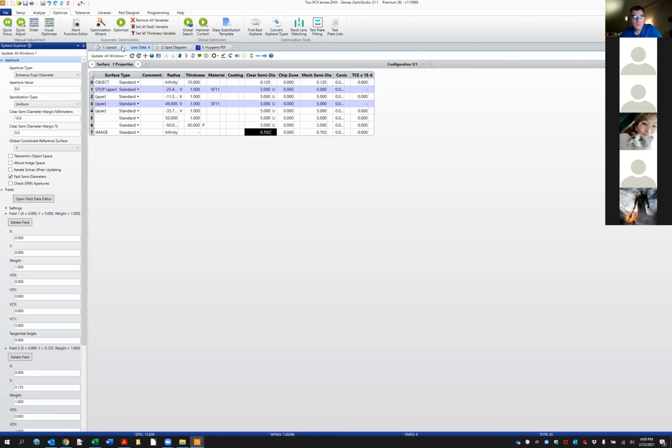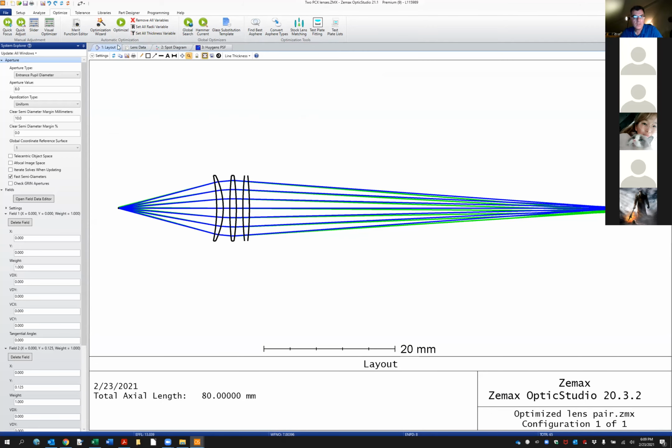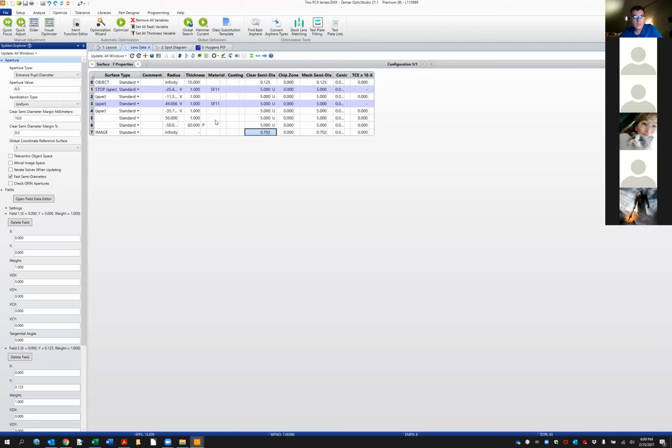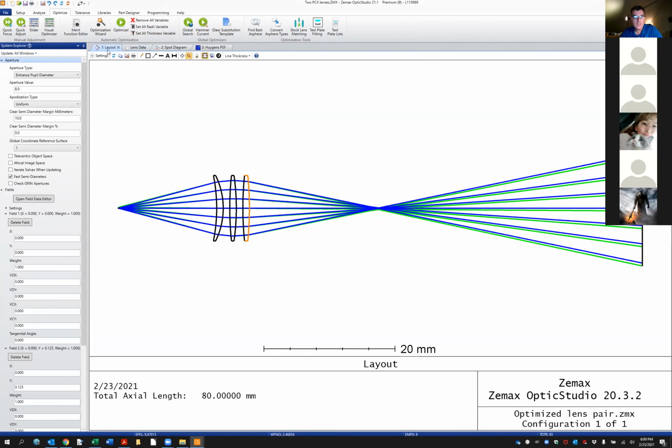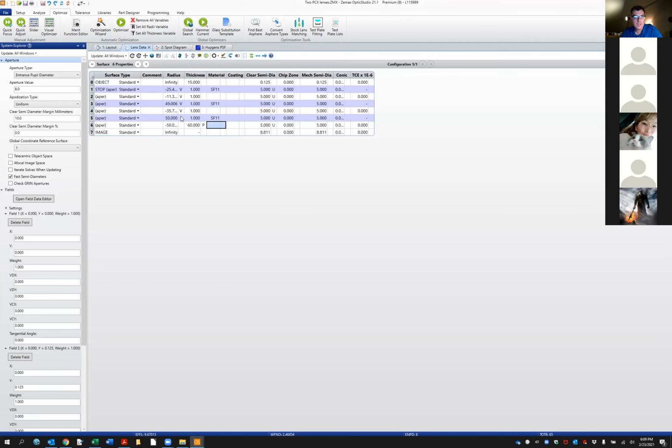My layout, and I didn't make this of SF11. And yeah, my layout is really no good, but you know, I didn't optimize any of this. And I make this variable, and I make this one variable,